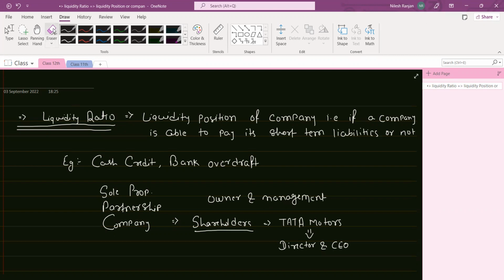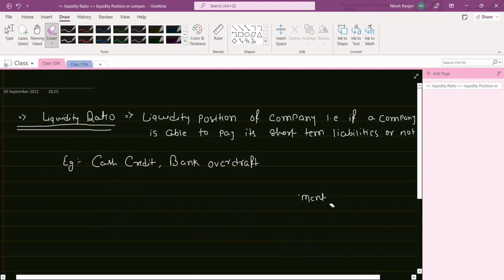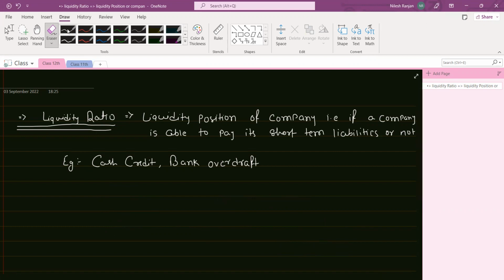So now you know what short-term liabilities are. Long-term liabilities I haven't covered yet, we will discuss them later. We are only talking here about short-term liabilities, or current liabilities, you can say. So maybe there are short-term loans; these are also called current liabilities. And there is inventory, which means stock,